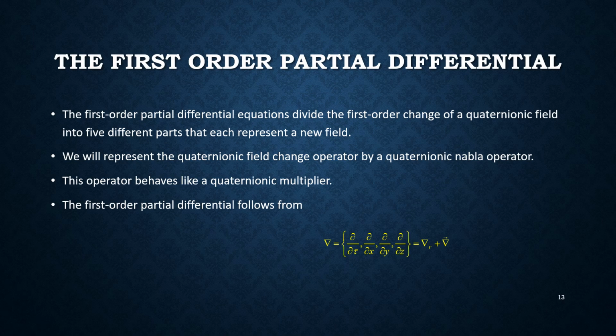The first-order partial differential equations divide the first-order change of a quaternionic field into 5 different parts that each represent a new field. We will represent the quaternionic field change operator by a quaternionic Nabla operator. This operator behaves like a quaternionic multiplier. The first-order partial differential follows from